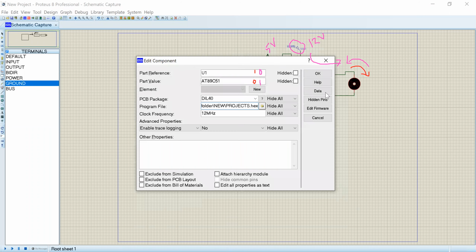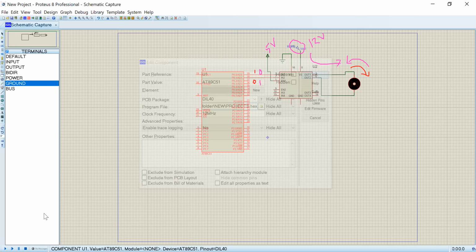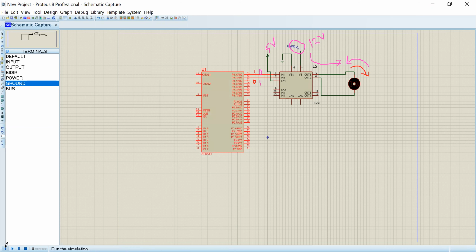Click on your project hex file, click OK. Now you can run the program and check. Here it should be grounded. One second, we will check.